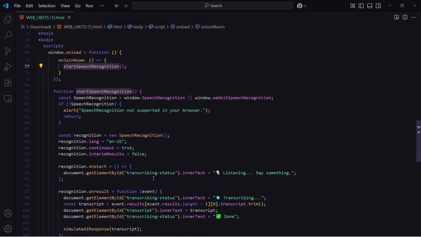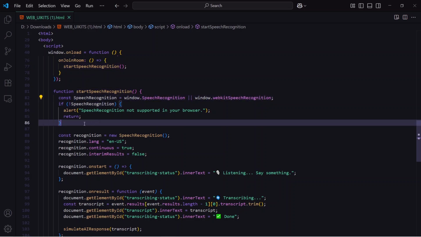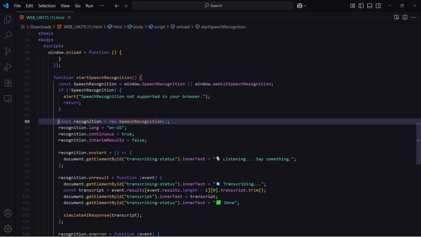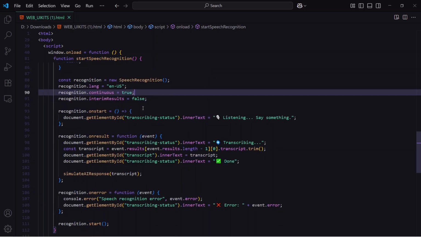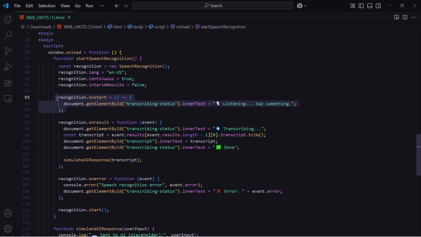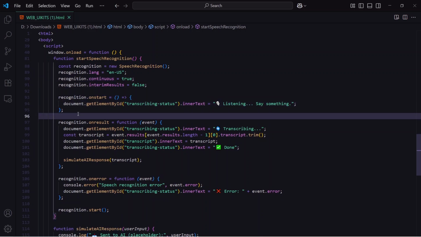Okay, this is JavaScript code only. Here, whatever the user is saying, I am trying to transcribe that, and if there is no voice, I am returning it. And here I have created the object of speech recognition. I have mentioned the language, so you can make this language dynamic also, that you can try. And here I have specified dot continuous so that whenever I stop speaking and then start speaking again, it recognizes that also. And after that, I have defined dot on start, that is whenever somebody is speaking,